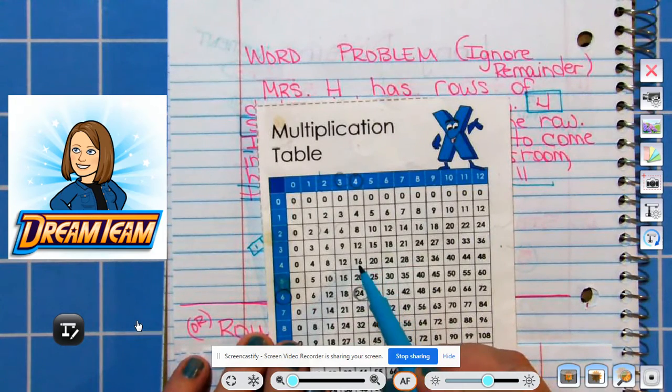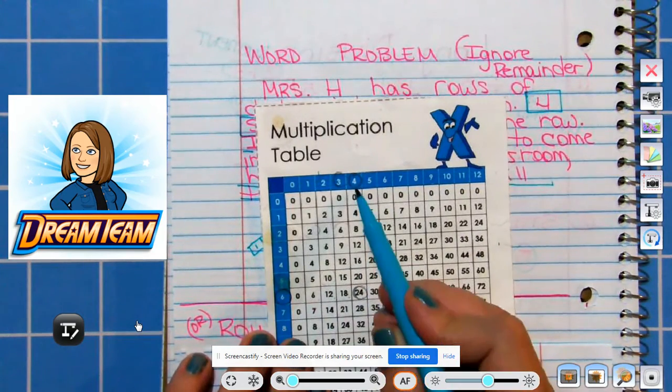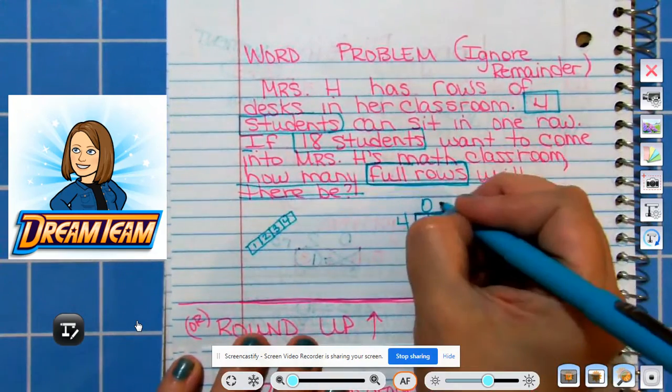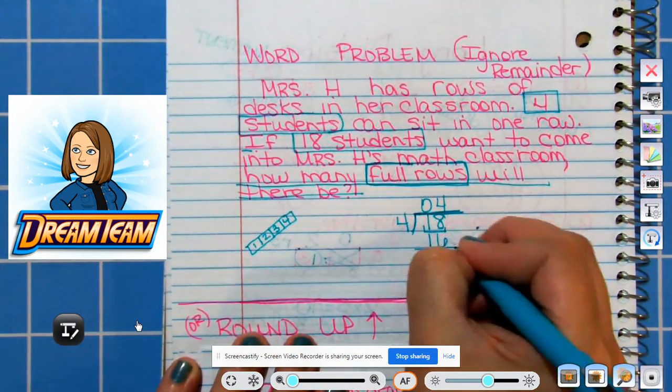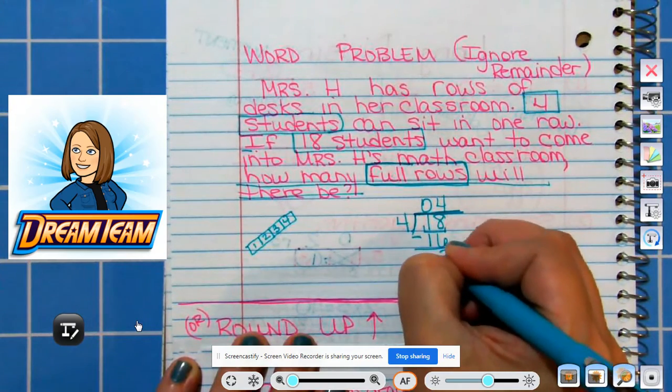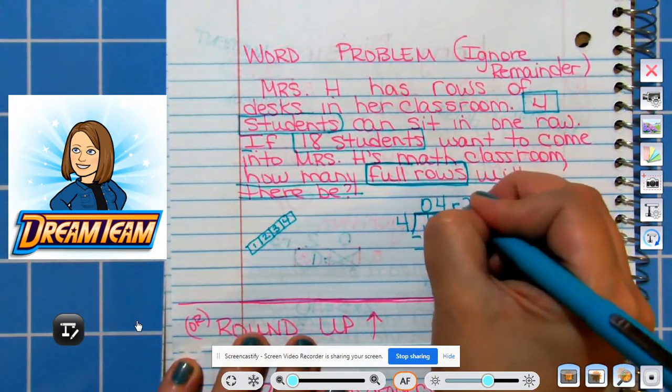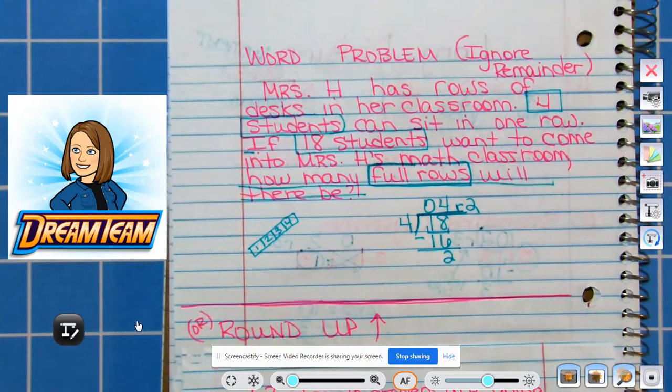That goes over 18. So 4 groups of 4 is 16. All right, so 18 divided by 4 is equal to 4 remainder 2,